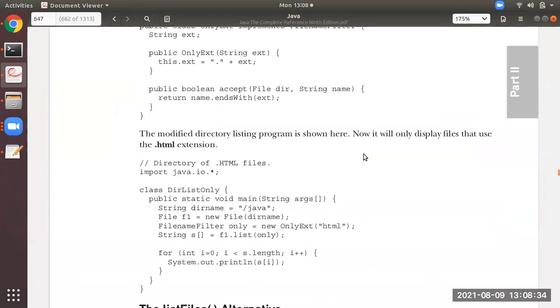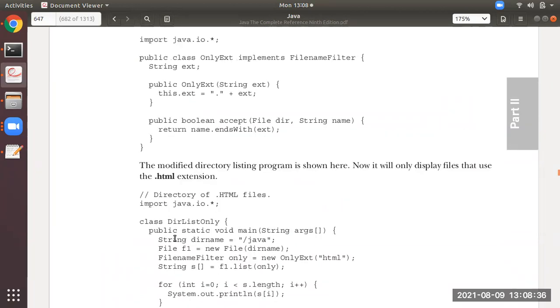So we will see, students, how the working is. First of all, in the main method, you give your path, and you are giving the variable name which consists of the path. And here you see file name filter is an interface, and it is instantiated, and this is a method call.